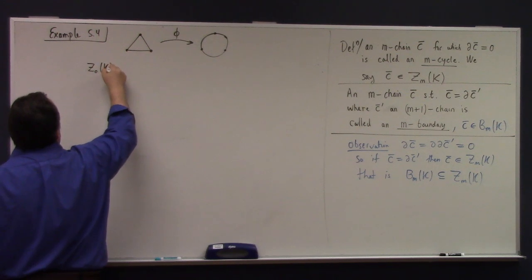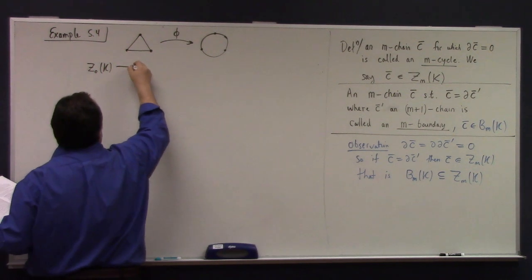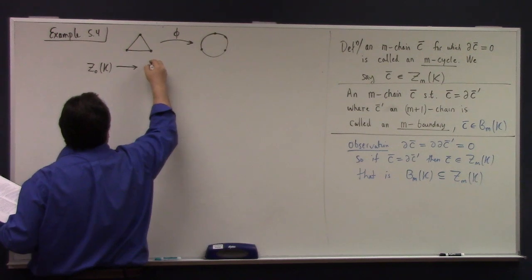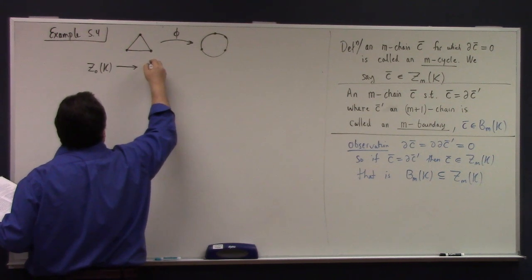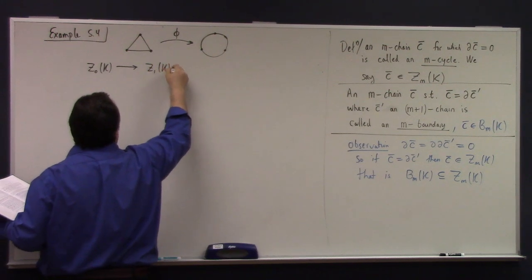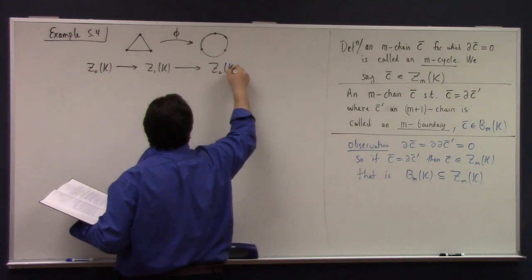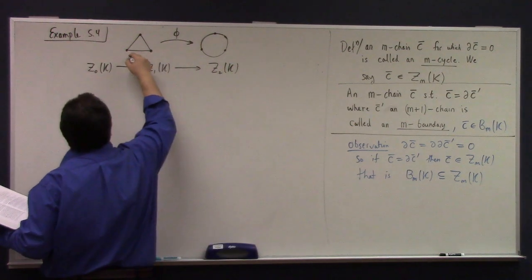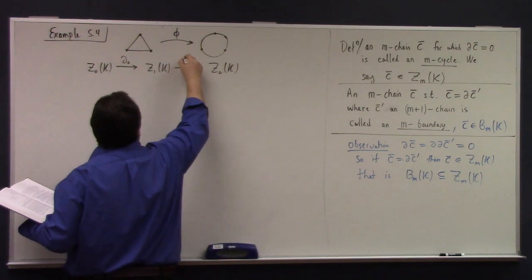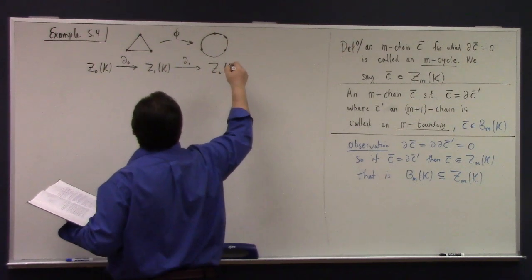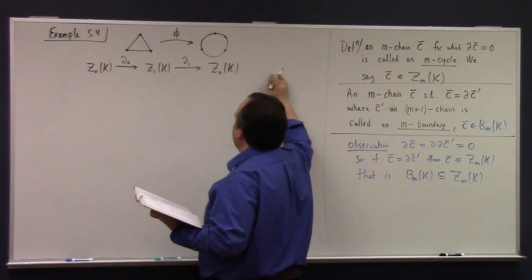Z0 of K, right? And then that would go to Z1 of K, Z2 of K, and so forth, right? So this would be like the 0th boundary, the first boundary,